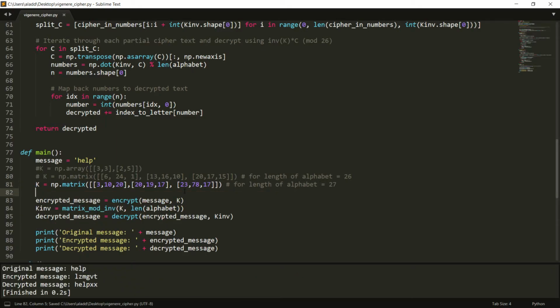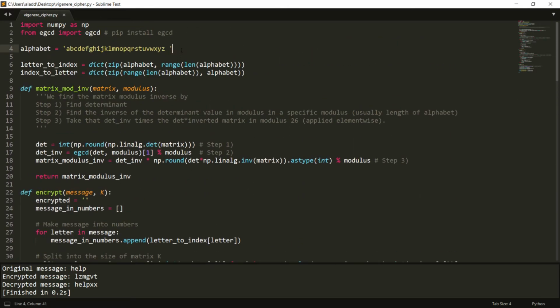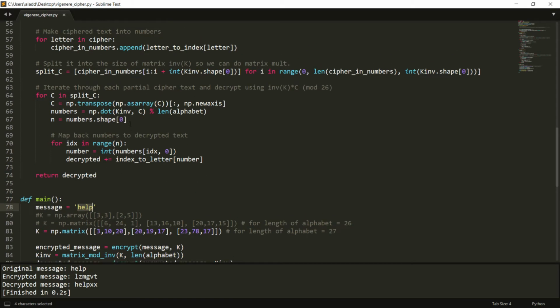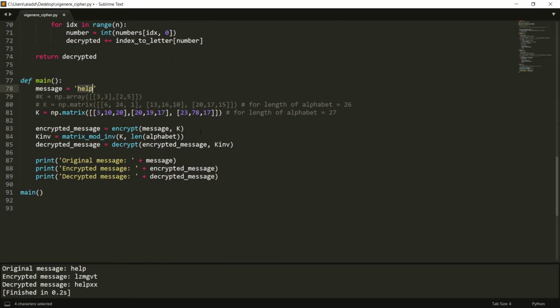Yeah, all right, so it was just an indent problem. But let's say that we have this matrix instead. And I've chosen this matrix because it works for a length of alphabet which is 27. So that means that we can add a space here, and we can have some longer messages that might be more easily read. And we can also, instead of using X here, we can just use a space. So let's say we have another message like my life is potato. Then the spaces will be included, and it will also be included in the decrypted message. So just a little bit extra,